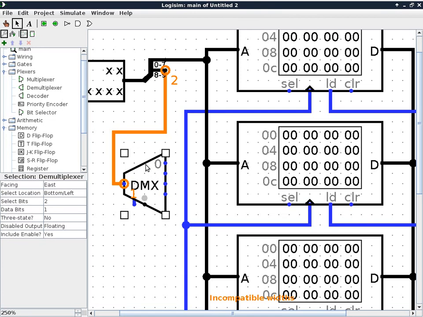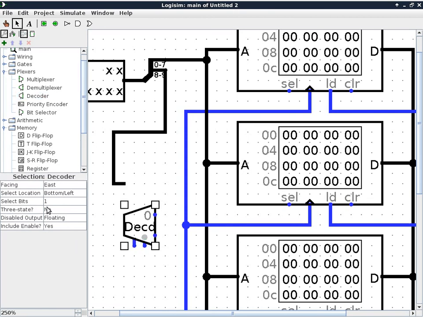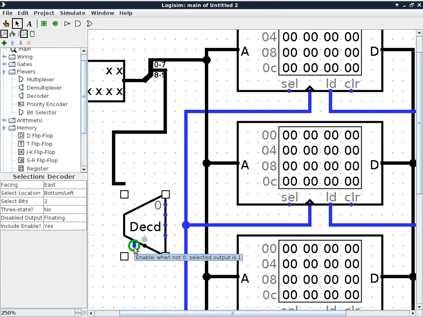No, I need a decoder, not a demultiplexer. Sorry. Decoder, that's what we need. So a decoder is kind of like a multiplexer. I'll explain the difference later. But in this case, it has 2 select bits, and the enable bit is important because that's kind of like an overall global chip select. And this one is the enable, and this one is select. I think this one,